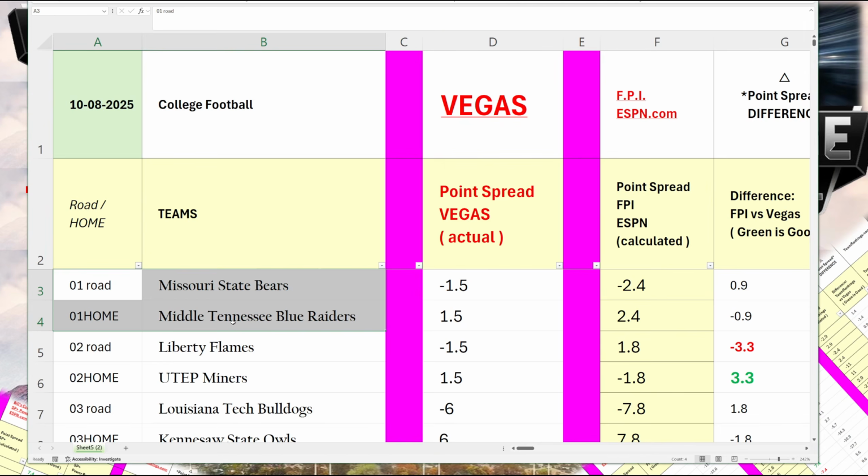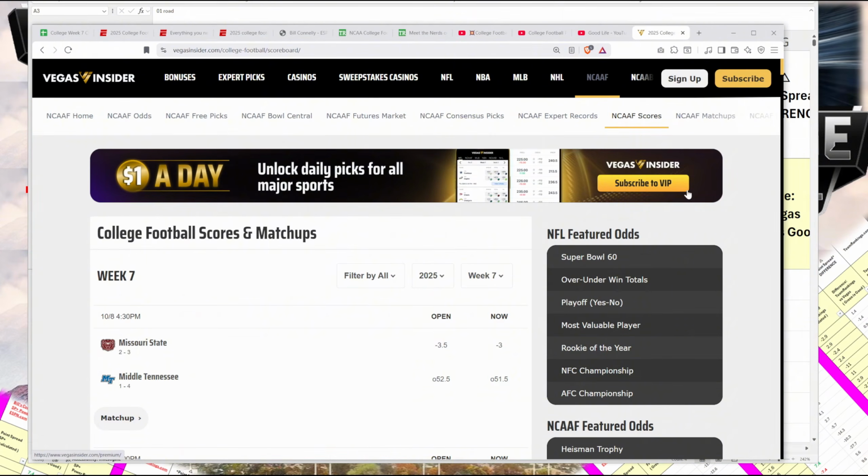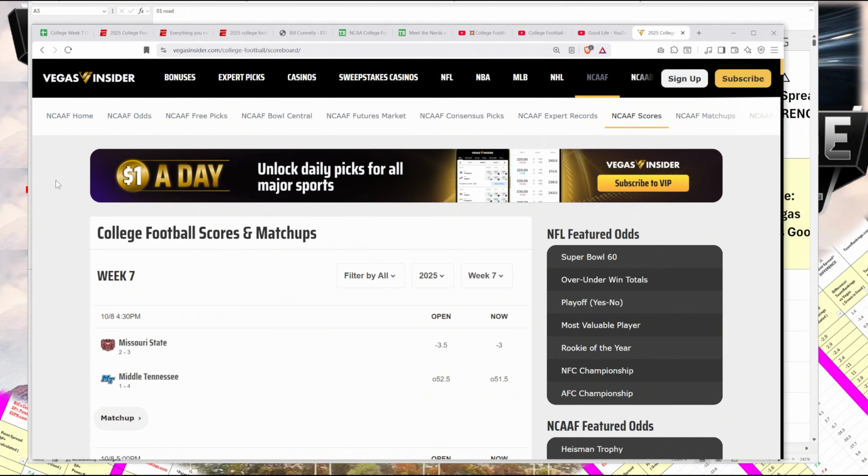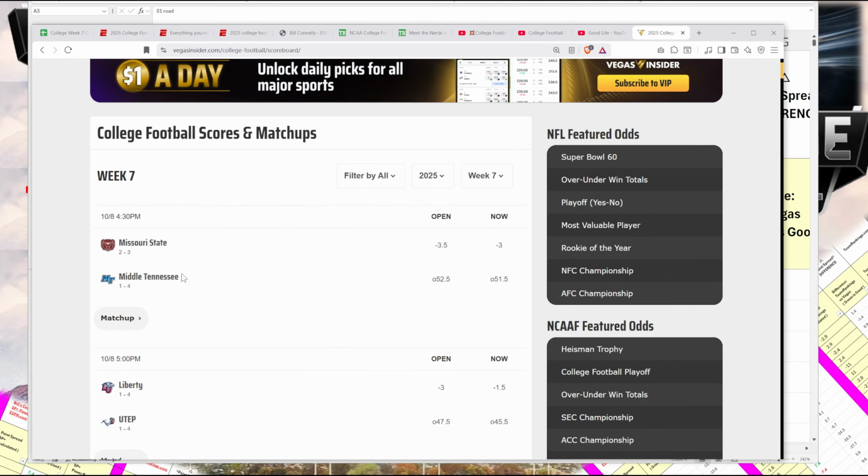Now the system that I use is this. The road team is always on top and the home team is always on bottom and they're paired together. This numbering system is based on VegasInsider.com's scoreboard. And I'll provide the links to all the websites I discuss in the description box below this video. So what I did was I extracted these teams and the point spreads from